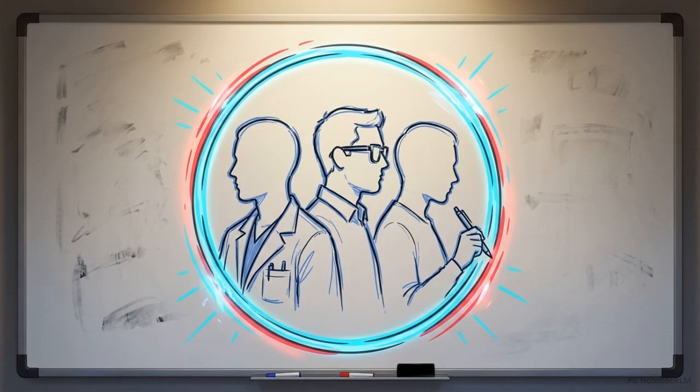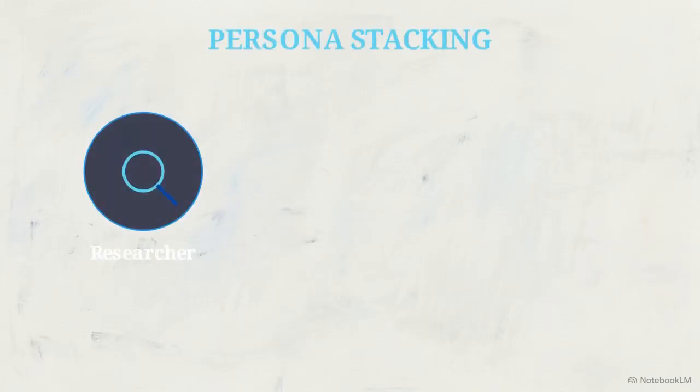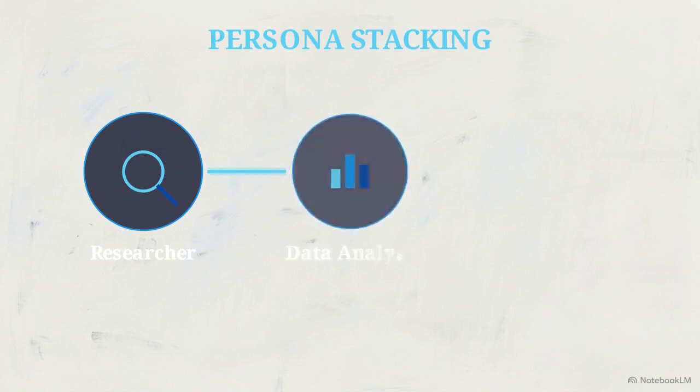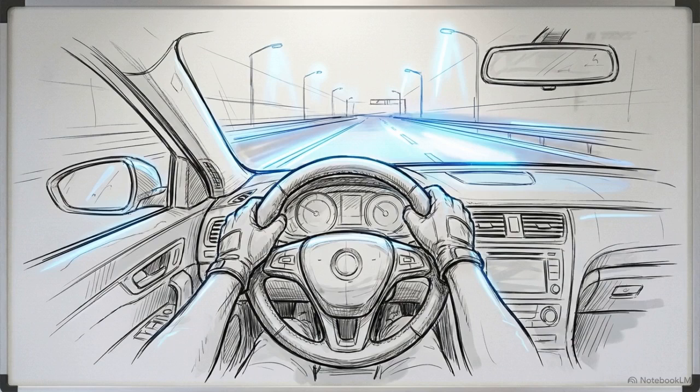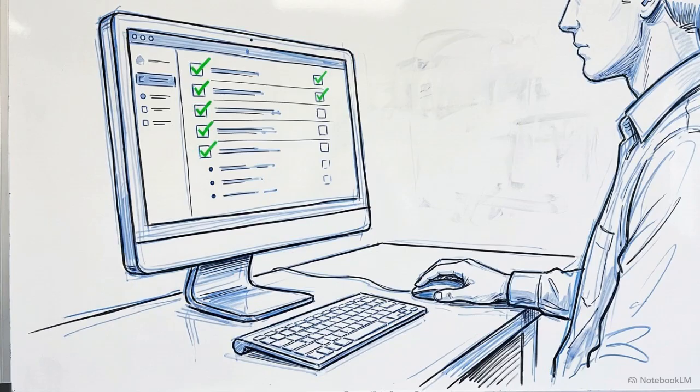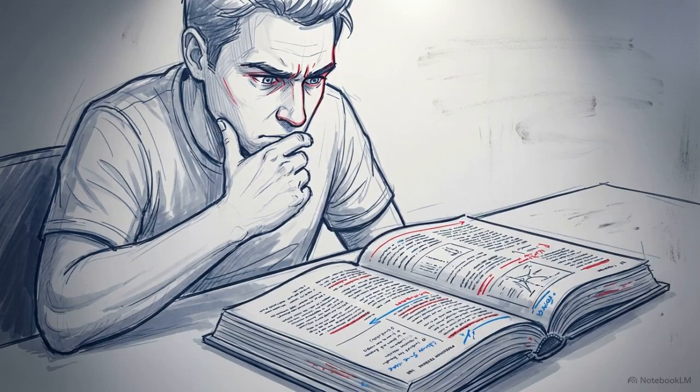Camp 4 uses agents. Instead of a single request, write a prompt that stacks professional personas. Command the AI to act sequentially as a researcher, then a data analyst, and finally a copywriter summarizing the findings. Systematically moving through these 4 camps ensures you are managing the AI with precision, turning it into a bespoke strategic asset. We've used AI to remove friction for information tasks, but for transformation, the process of learning a difficult skill,